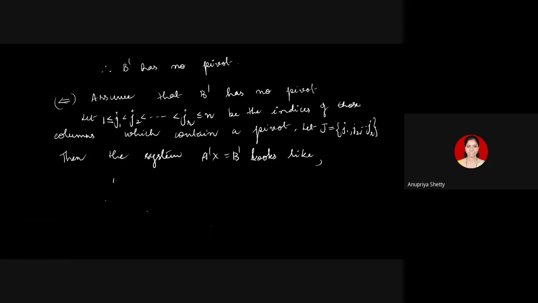I would write the equation 1 into xj1 plus, what we know is 1 is present in the j1th column, but in that particular row which is having a pivot, what are the other non-zero entries? We don't know. What we'll do is we'll group all the other entries together and use this summation notation. Since it is from A dash, I'll denote the entries by aij dash.